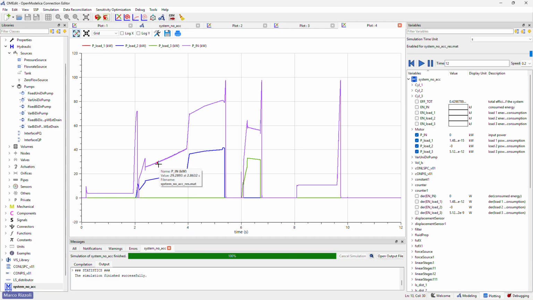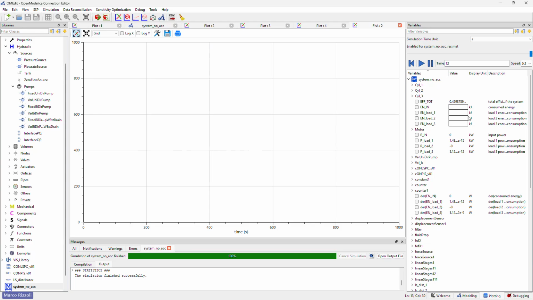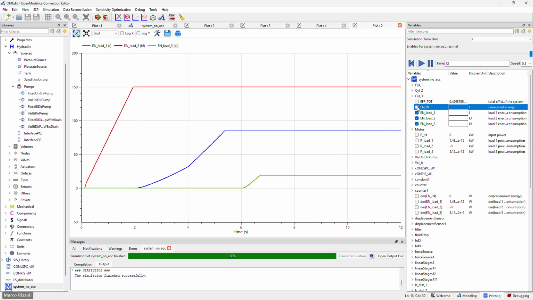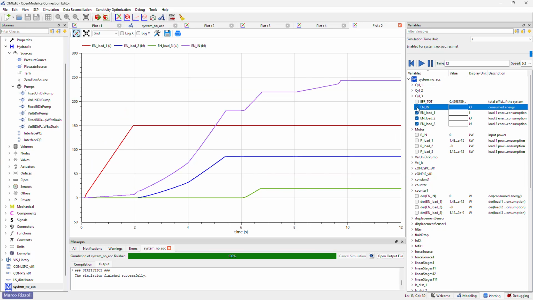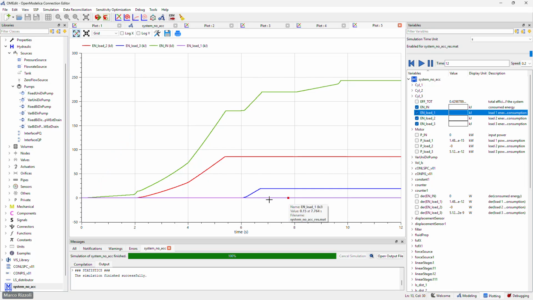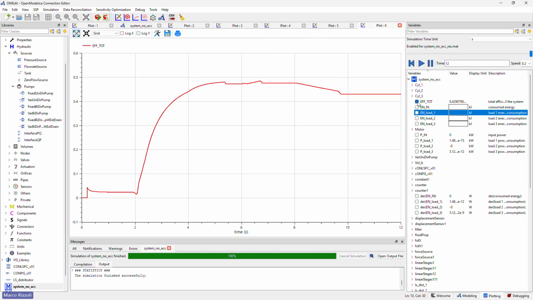And this is the instantaneous power consumed by the electrical motor. And to terminate, maybe I will show in Joule. Okay, 1, 2, and 3. This is energy in. These are the energy at the load, and the green one is the energy consumed by the pump. In the last one, the total efficiency is this one, that is the overall efficiency of the system